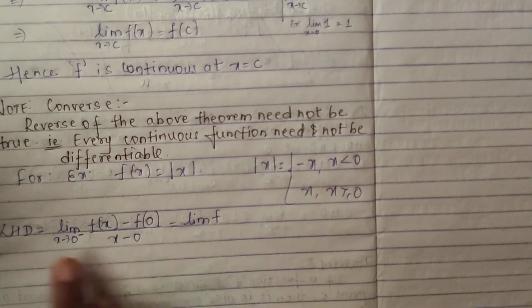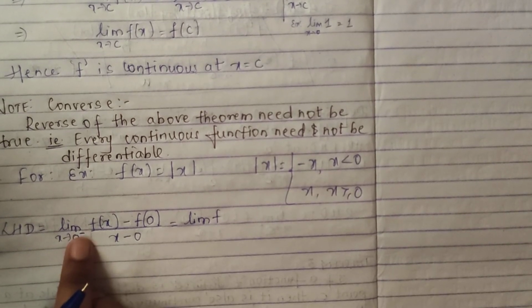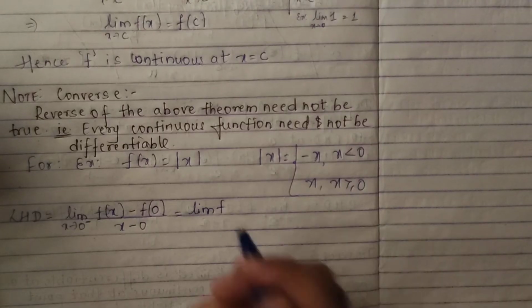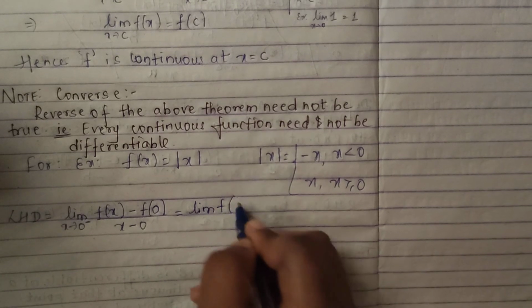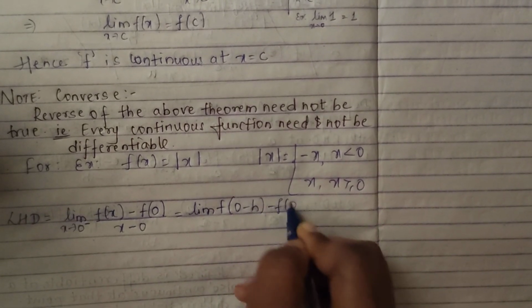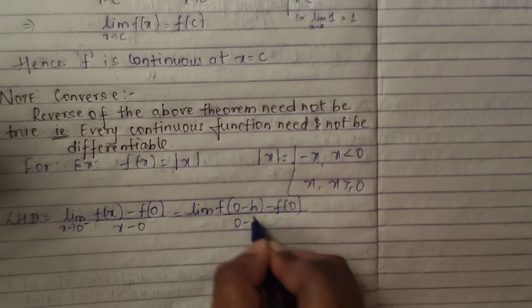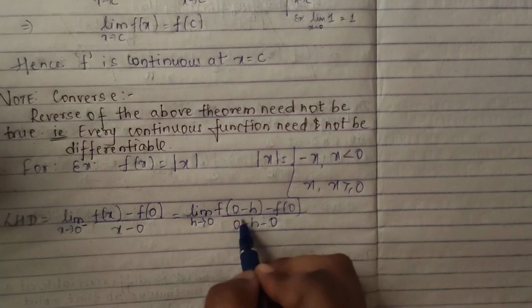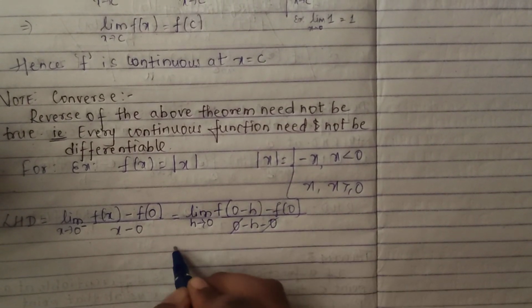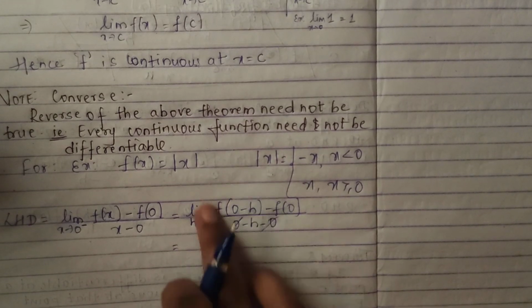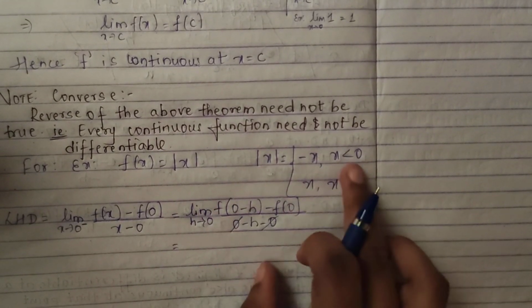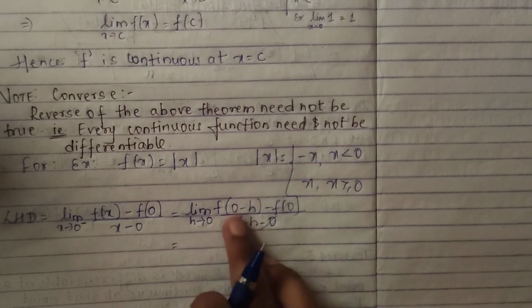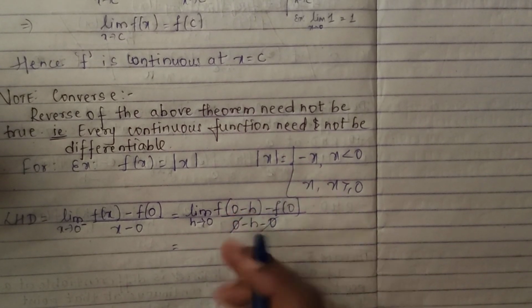So when it is 0 minus, with this there is one more term, that is h, added to it. So in place of x it will change to 0 minus h. So the limit here will be f of 0 minus h minus f of 0 whole divided by, in place of x what do I have to put, 0 minus h minus 0, as my h tends to 0. Here you have to be careful. The plus 0 and minus 0 get cut off, and you will be left with minus h in the denominator. And f of 0 minus h means negative x, so minus of x, and in place of x it will be 0 minus h. So minus 0 plus h, it becomes h.